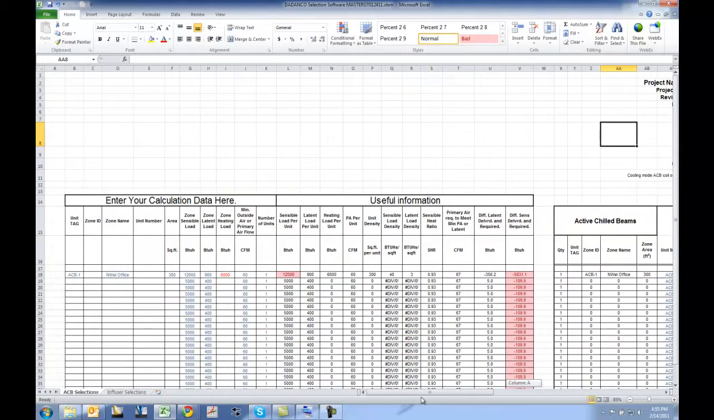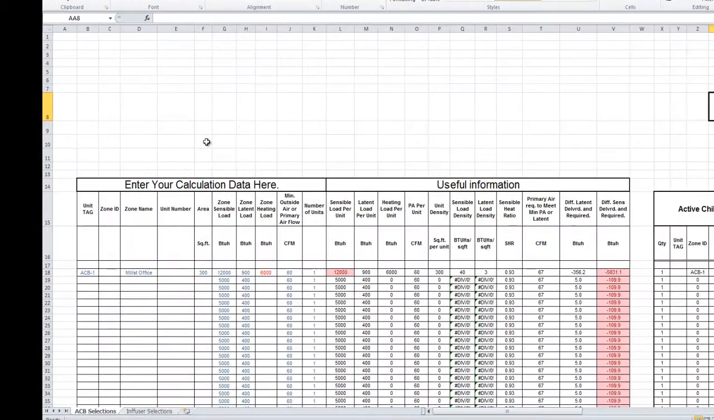On the left hand side, we then enter the zone information and the zone requirements. In this case, we've got one office located in the northwest corner of the building on the perimeter. It's 300 square feet, and in this example, we have about 40 BTUs per square foot of sensible cooling capacity